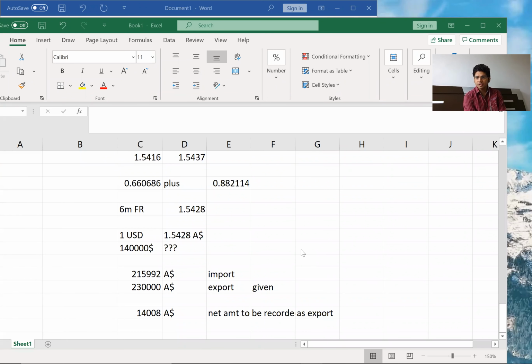Okay. So the doubt is, do we need to show the months difference as a working note in the exam? Yes, because the working note will carry marks, unless it is an objective type question. Then you don't need to show the working. But if it is a section C question, you will need to show the working.